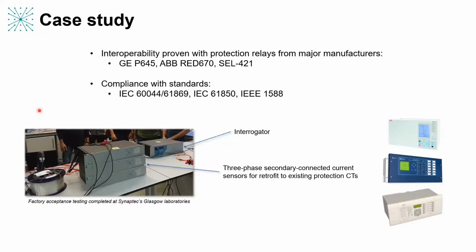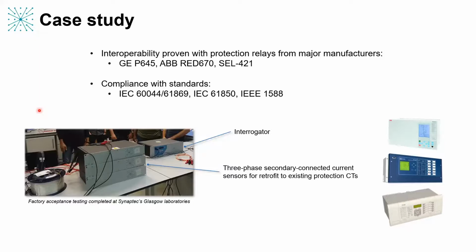So in this project, we're picking up 3 measurements of current, or three phase locations, so 9 current measurements in total over an area of 50 kilometers. And we're providing 61850-9-2 sampled value measurements to the process bus, which are then being picked up by each one of these relays, and they are each performing the same differential protection algorithm to show that they can work together with our system in order to run that protection scheme.